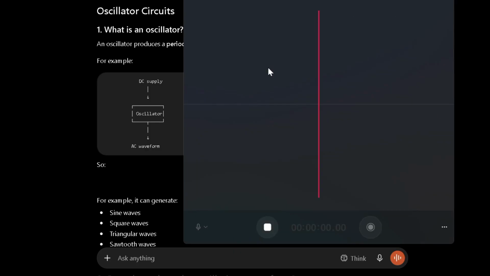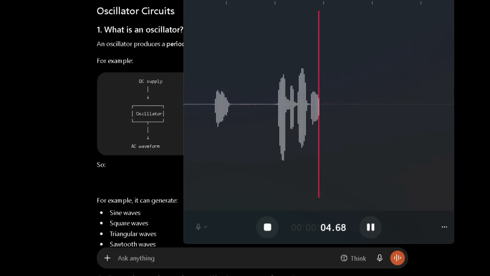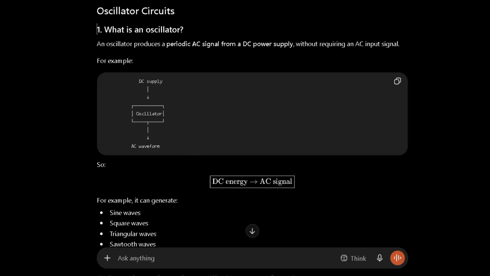Hello. We are going to study now oscillator circuits. What is an oscillator? An oscillator produces a periodic AC signal from a DC power supply without requiring an AC input signal. For example, DC supply, oscillator, AC waveform. So DC energy